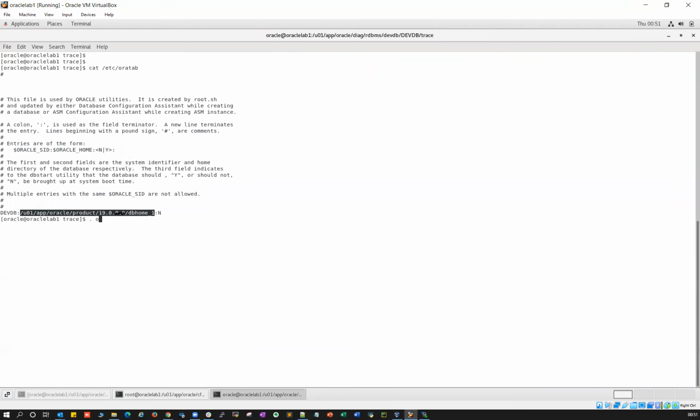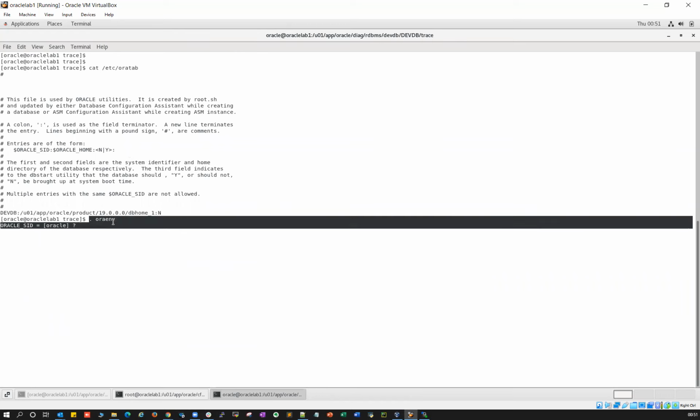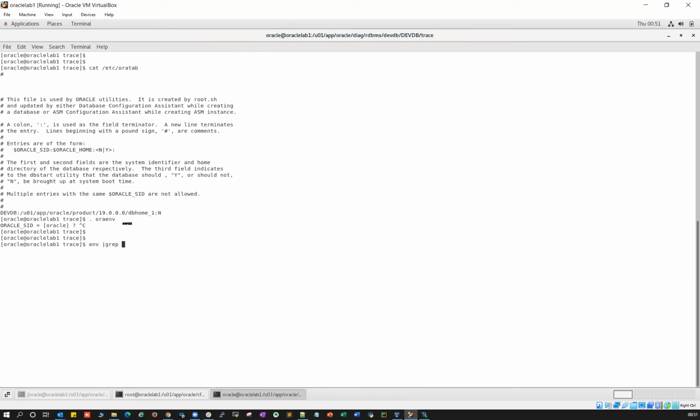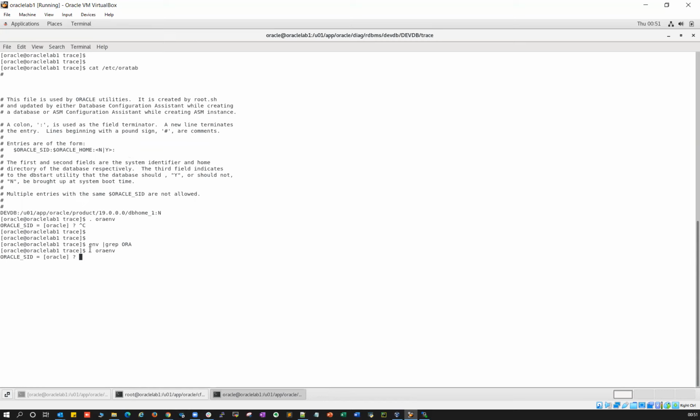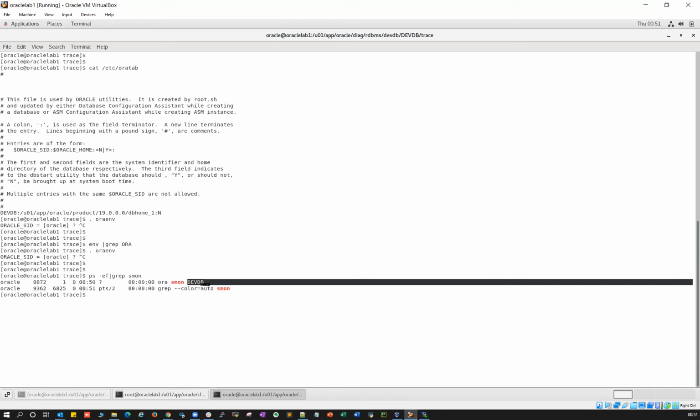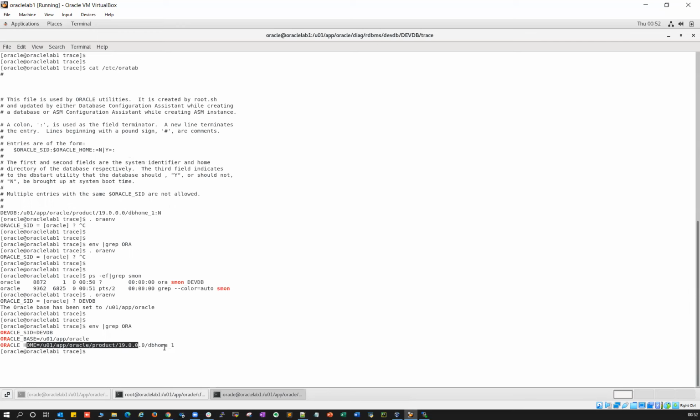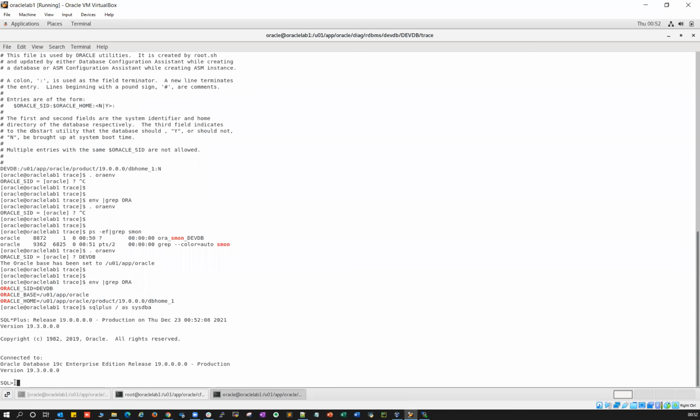So if I do dot space oraenv, that's the environment setting, right? If I do env | grep ora, I don't have any environment set now. So I need to run . oraenv. It'll ask for the SID. So you have to do ps -ef | grep smon, and then you will see this SID devdb. Do . oraenv, and then you see devdb, and then the environment is set. Now you can run the same command, env | grep ora. You will see ORACLE_SID, ORACLE_BASE, and ORACLE_HOME. Everything is set. Now you can do sqlplus / as sysdba, and then your database is online.